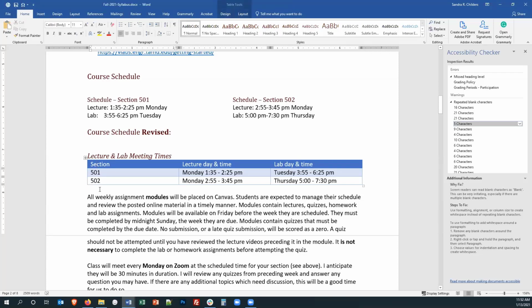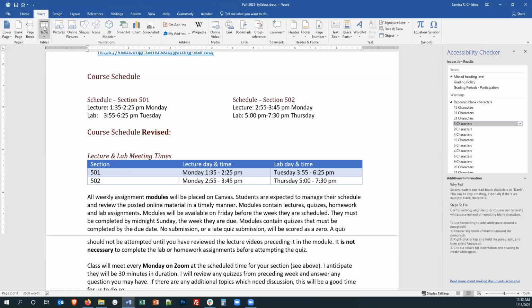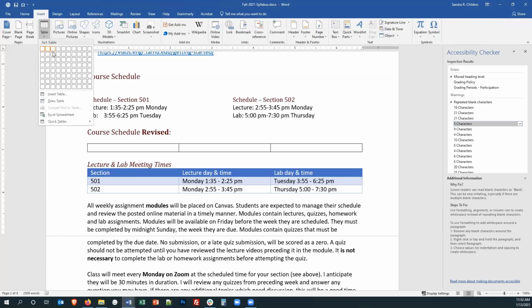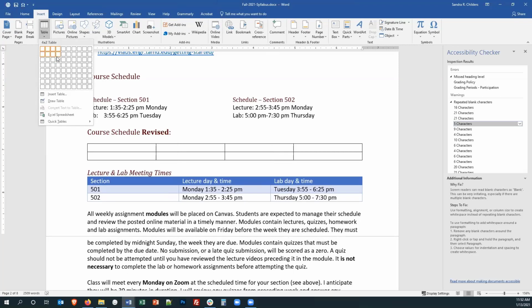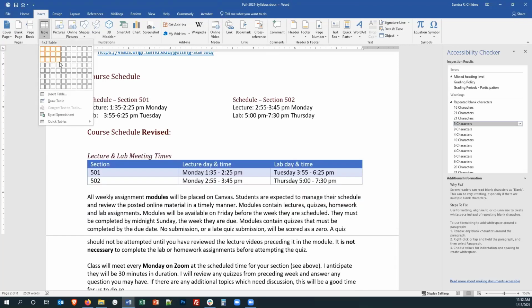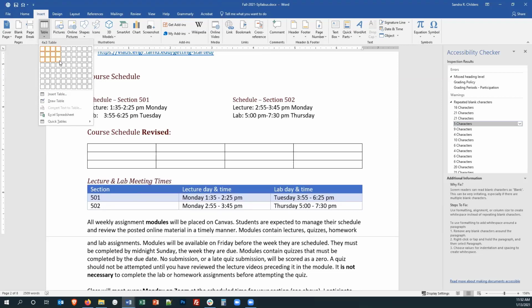So right here is what I would fix the top area with, is this table. In order to create a table, you want to use the insert table function here. You can create whatever size table you need, and just click or press enter when you get the right size table.